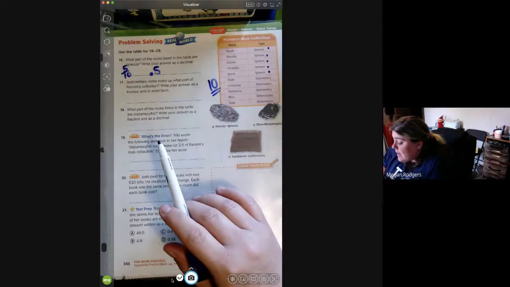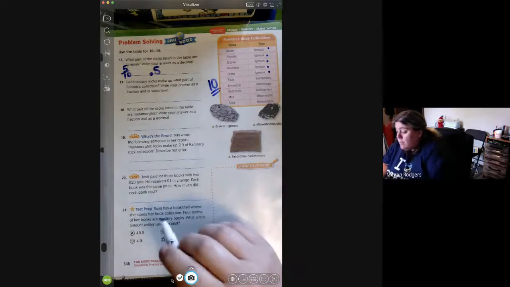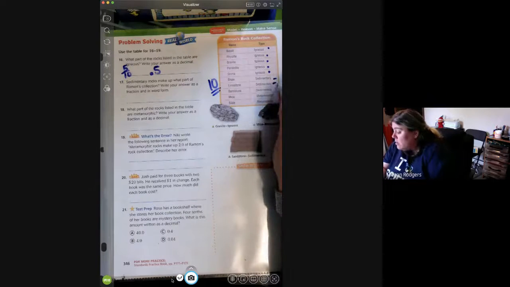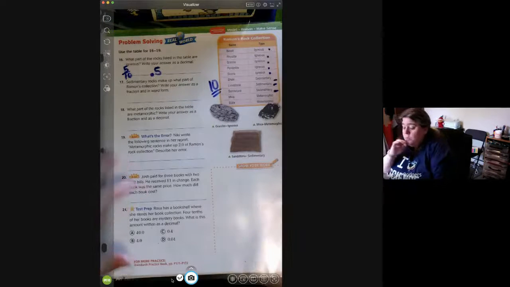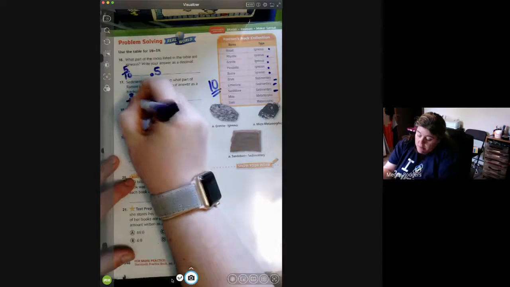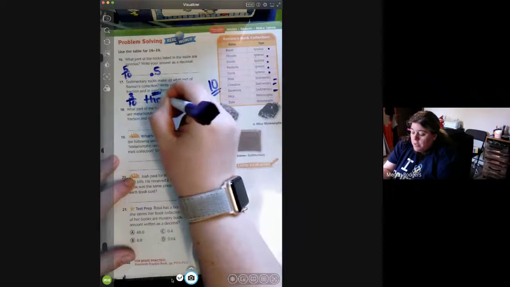Write it as a fraction and word form. All right, so if you look over here, sedimentary, 1, 2, 3 of them are sedimentary. So go ahead, write that as a fraction and, oh, in word form. Okay, so fraction, that's 3 over 10. Word form, I'm going to write it as 3